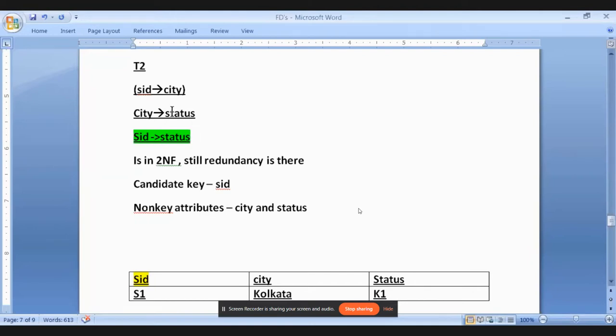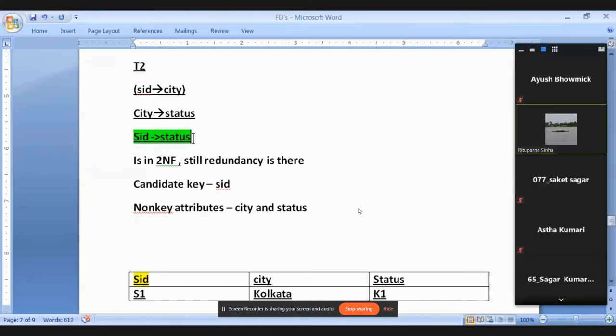So in the two FDs given on T2, we found just now that SID to status is a new FD, and we got it by applying the transitive rule on these two FDs. So we say this relation is not in 3NF because such an FD is got. I said there is a trick for when the list of FDs is very large: if there is a non-key relationship in your table, city is a non-key attribute, status is also a non-key attribute, so both are non-key on the left side as well as on the right side. If such an FD exists in your table,